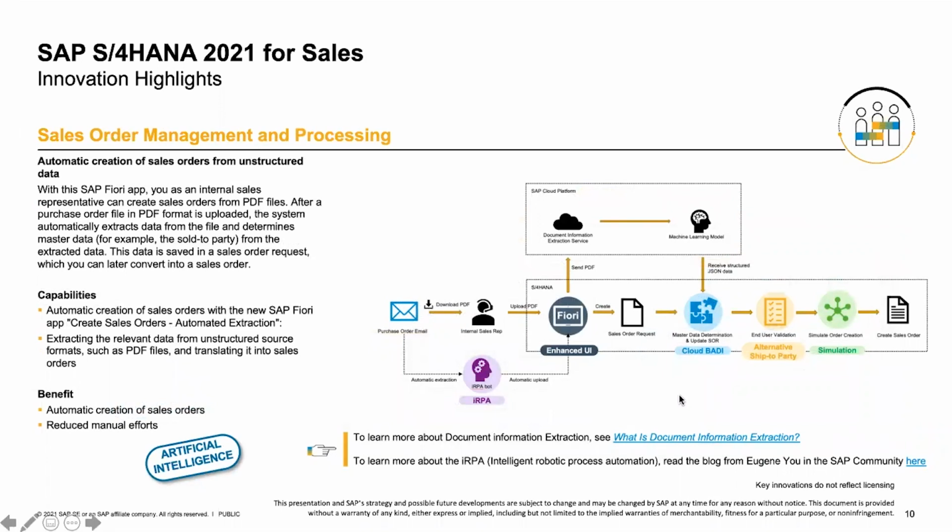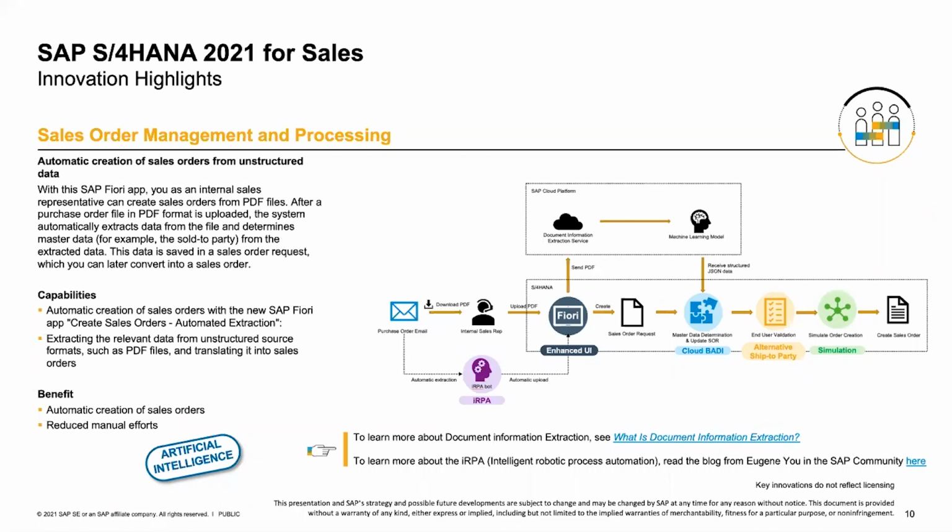And the second innovation here is located in the sales area. And here I'd like to give a concrete business example to explain the background a little bit. You know, a significant amount of sales orders are captured from an unstructured format like PDF documents coming from your customers. And to generate the sales order, the internal sales representative needs to check the purchasing details in the files,